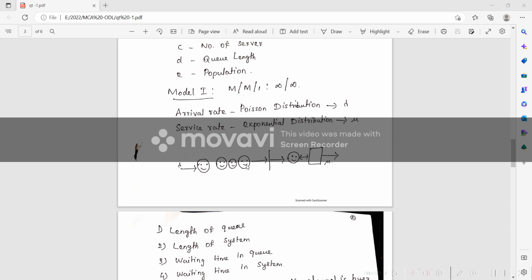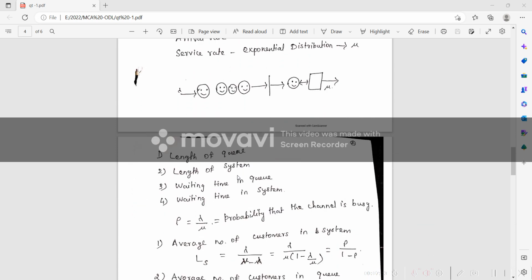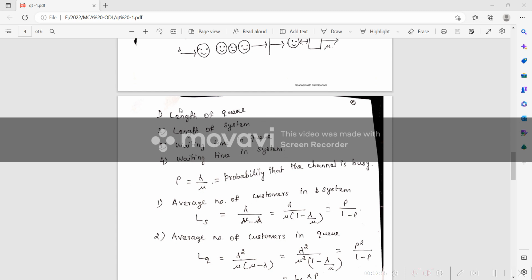After standing in the queue, a customer enters into the system, and after getting service, he is going to leave the queue. So this is the representation of this first model. So what are all the terms we are going to find using this queuing theory? So many